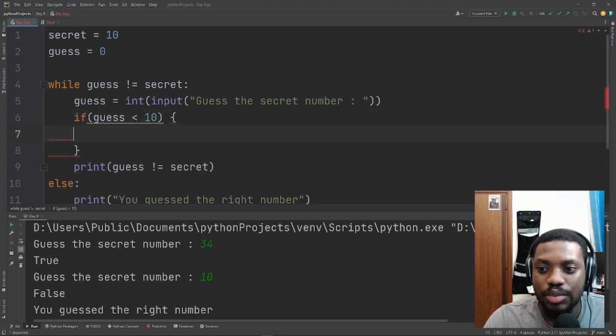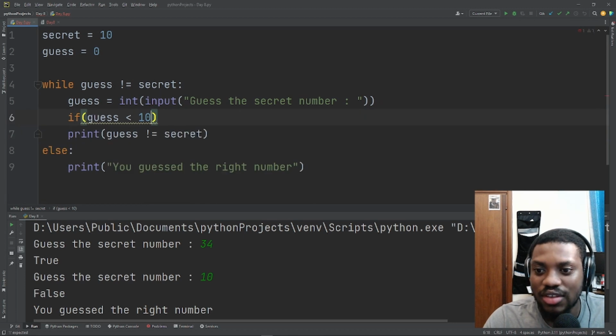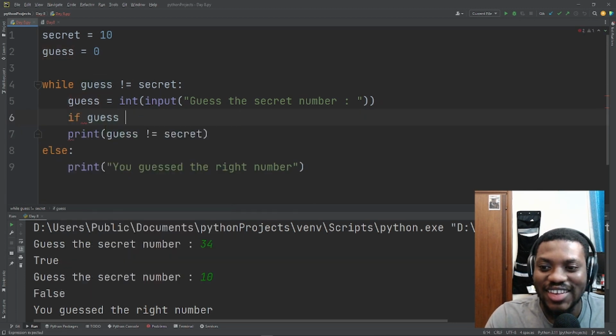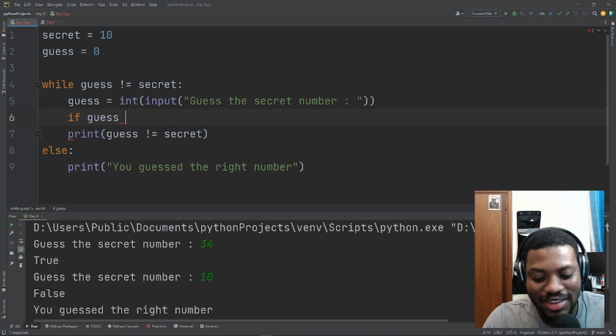We should just tell the person to, oh Christ, sorry, if the guess, there's no brackets, that is JavaScript or another programming language. Sorry, we are doing Python here. If the guess is less than